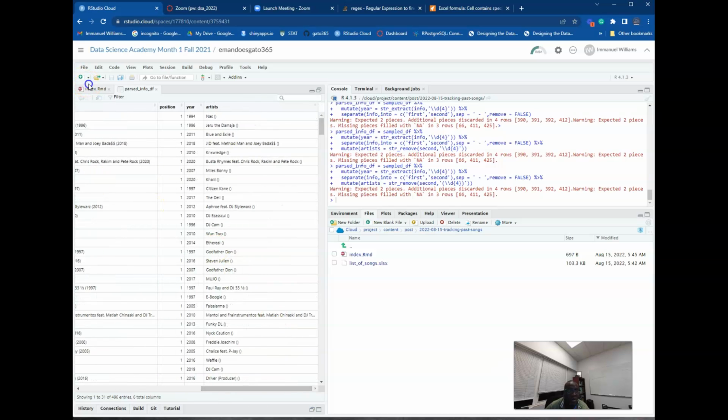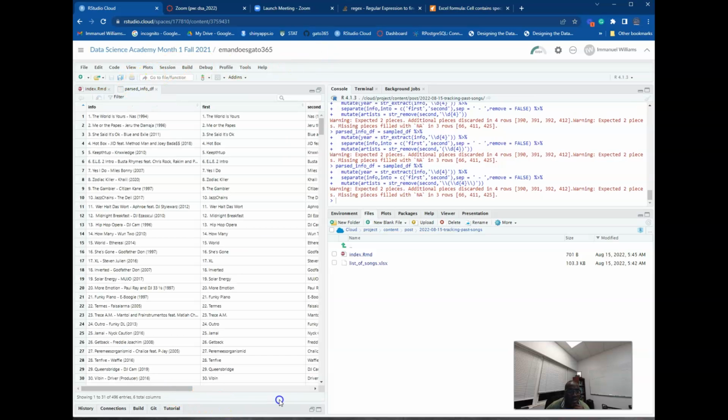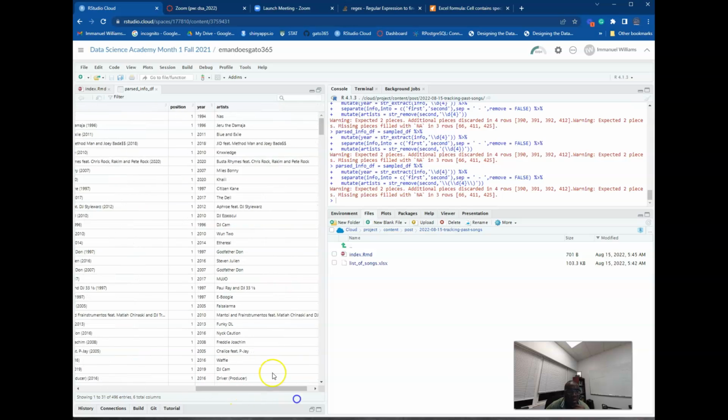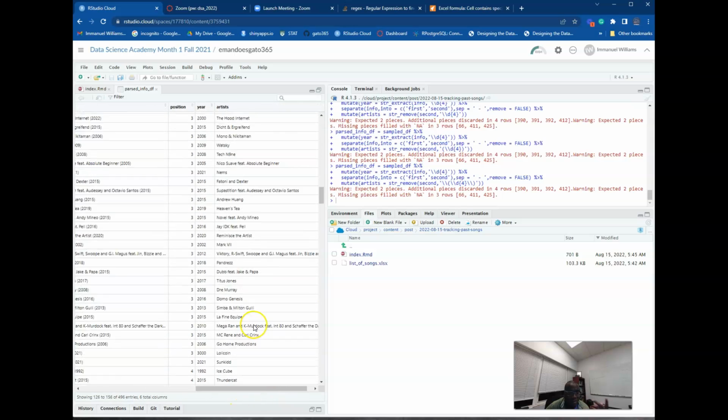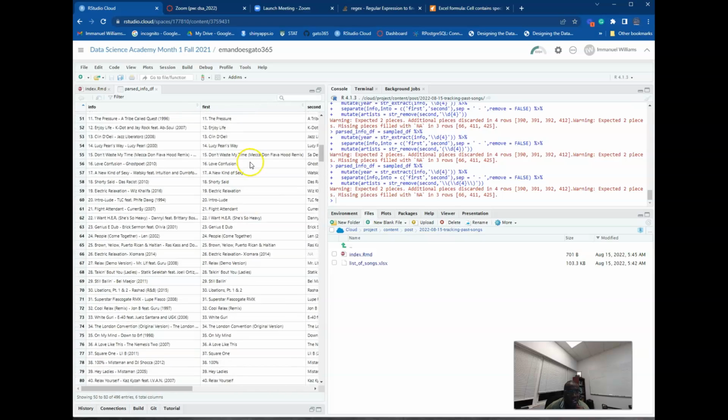No, it doesn't. So what we need to do is to provide this. It removes, because parentheses and D mean special things. And so what you need to do is make sure that it's accounting for that special thing. So now when I go back here, those parentheses should be gone. Right, so now we have all the artists. So that's good in terms of second, but now in terms of first, we need to get,